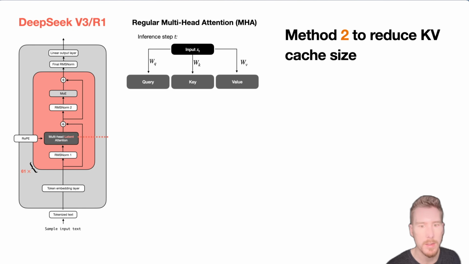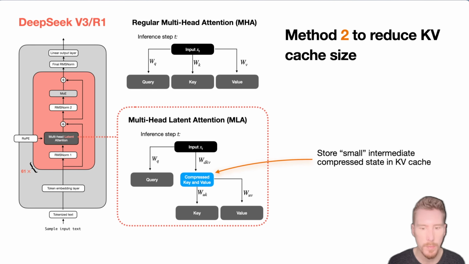Another method is related in the sense that it's also about reducing KV cache size. It's another attention mechanism motivation. Here I'm just sketching a simple view of what happens in the attention mechanism. We have an input and 3 weight matrices, and then the query, key and value are computed. And in multi-head latent attention, which was introduced by one of the earlier DeepSeek architectures, what